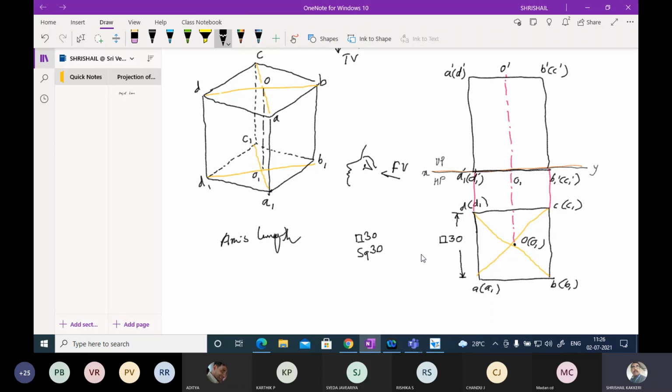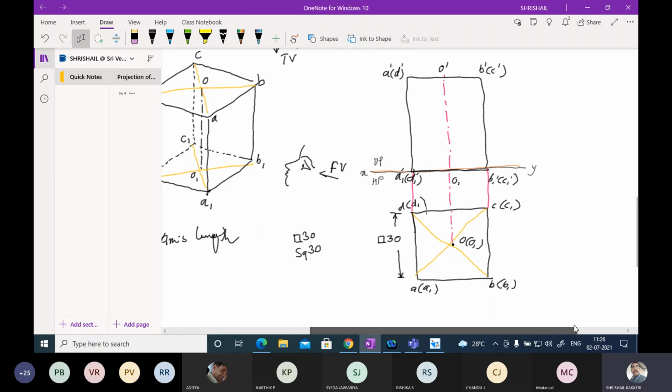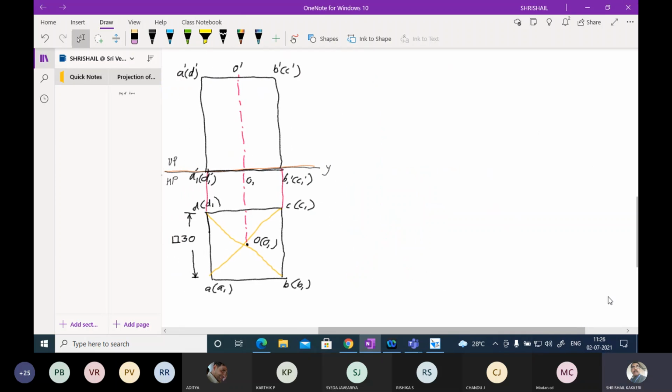Now the construction of this is very simple. I'll be telling you how to do the construction. Okay. Take XY line. I have taken XY line. Take a suitable point. And suppose if it is given 30 mm, write a 30 mm length line. And vertically, write a 30 mm length line.